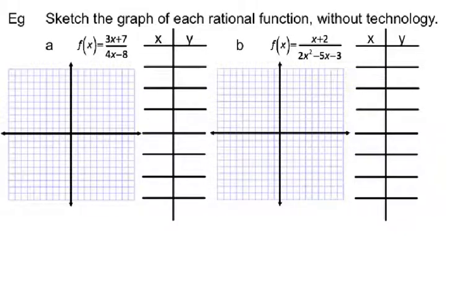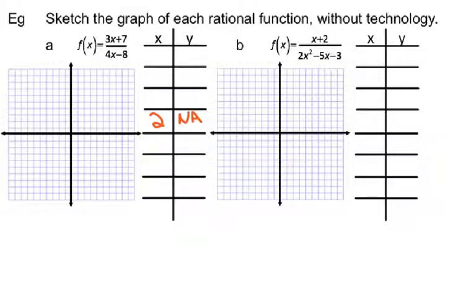In order to graph a rational function without technology, we need to know two things. We need to know where the asymptote is, and we need to know what the graph looks like on each side of that. So these are two functions from the previous example. In A, we'd already found the asymptote was at 2,